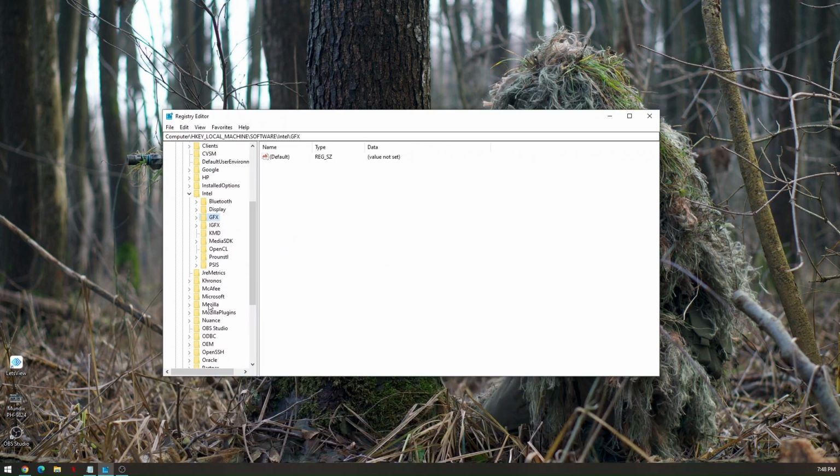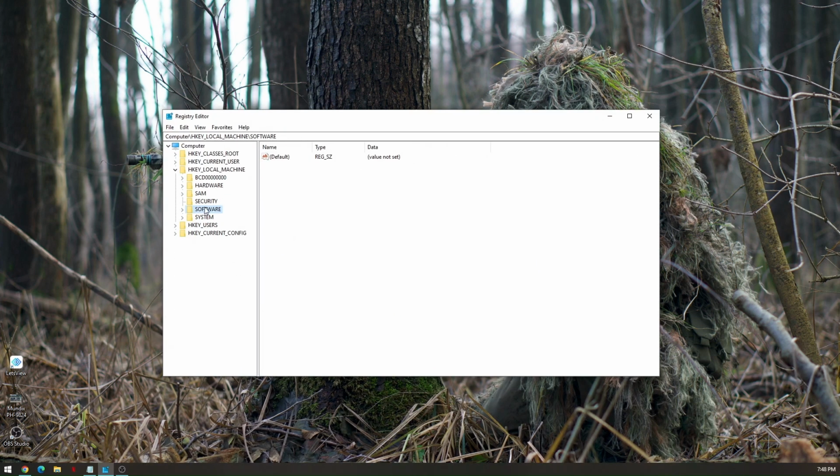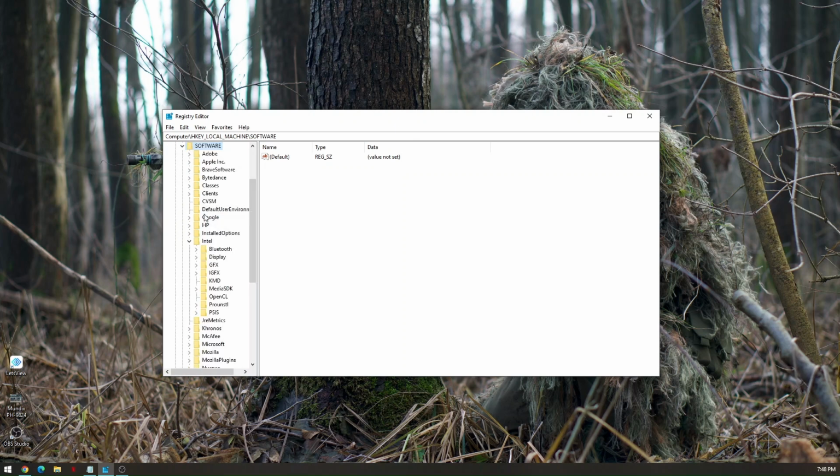And then from here, all I had to do was just minimize all of these folders. Now you go to your local machine and then go to software, and then you'll have to choose a folder, which currently is the one that you have for your graphics card. Now in my case, I'm currently using Intel, so just double press on your current graphics card folder, right click,